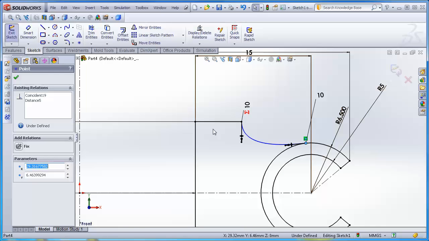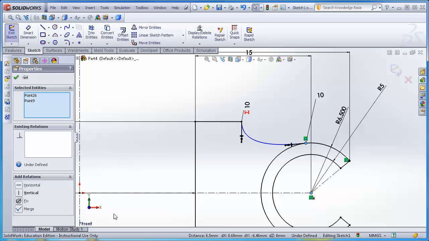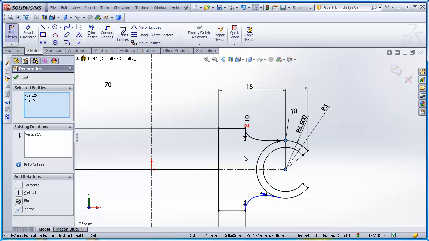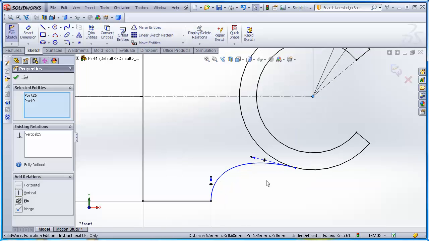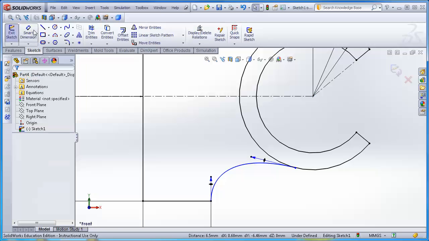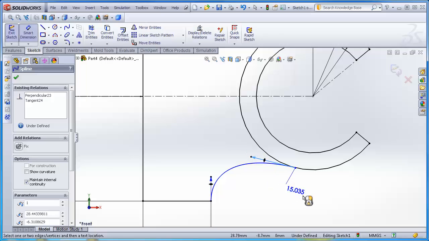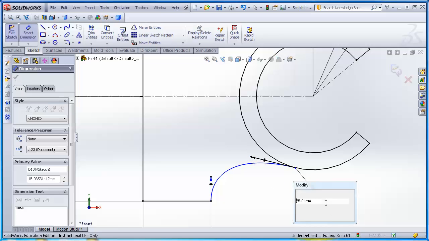so I think what I'm going to do is take that point and that point and ask for a vertical constraint. And that now uniquely defines that lower spline, or the upper spline. Now let me work on the lower one, and I'm going to smart dimension this to a value of